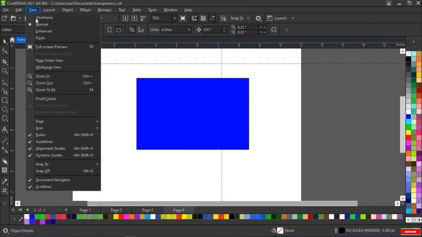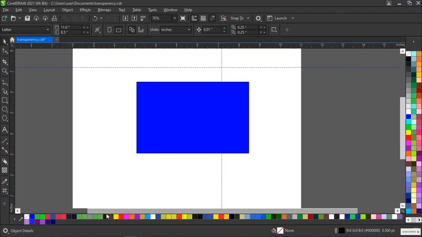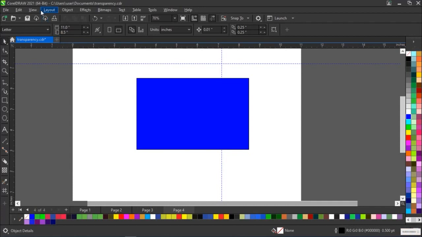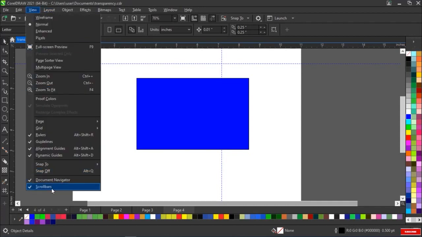So right here we'll have the document navigator, which is this right here. It helps us to navigate through the page. If we're not interested in having this, we can uncheck it, and you see the navigator goes, and we'll have only the workspace. But we need the navigator so we can get to other pages whenever we want them, so we'll keep it checked. All right, so the last one here is the scroll bar, which is this bar right here,